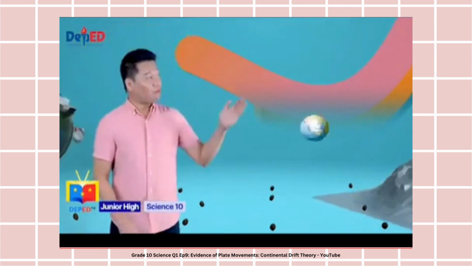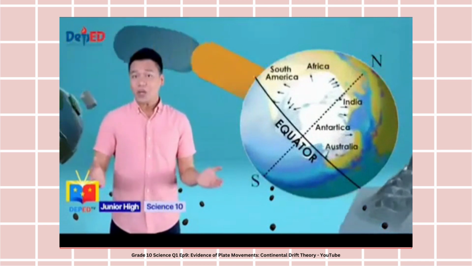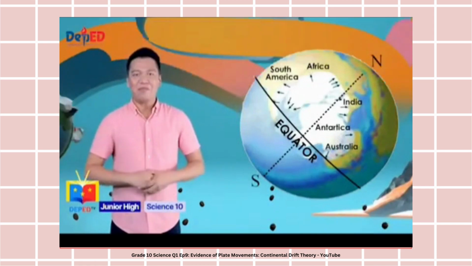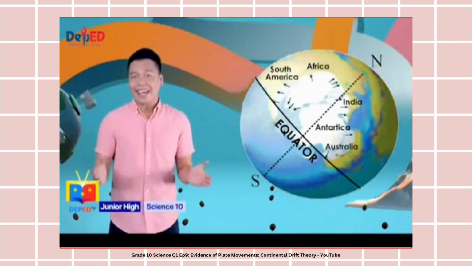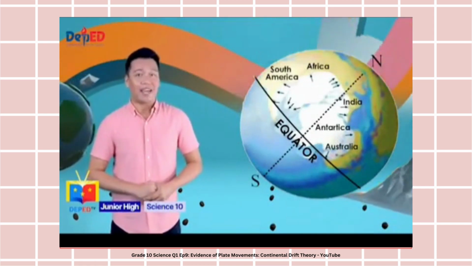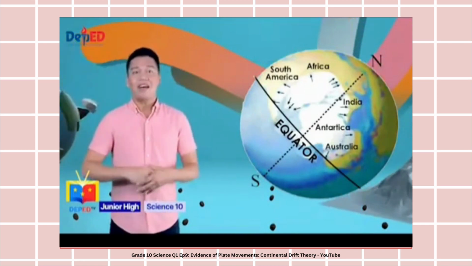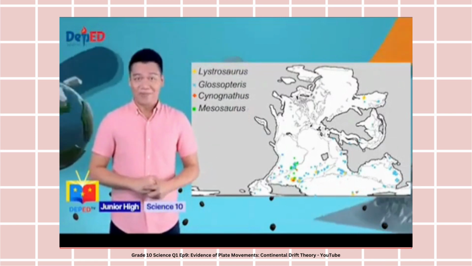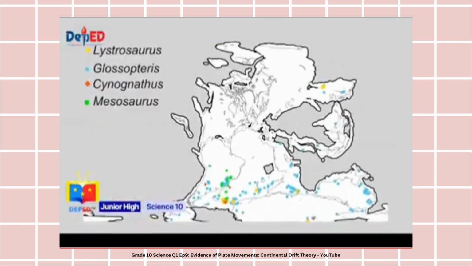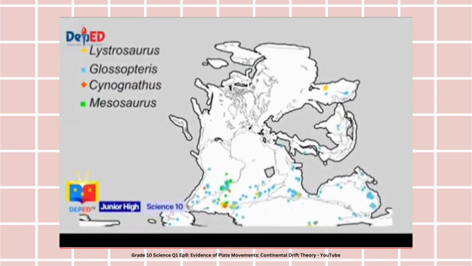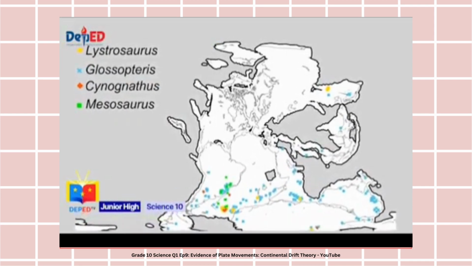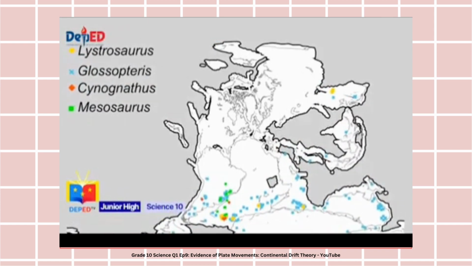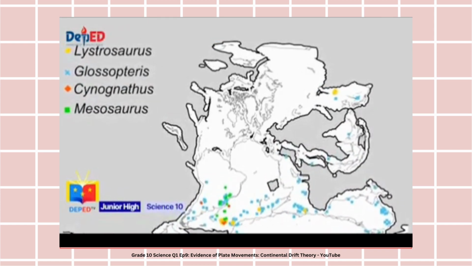Focus your attention to this figure. Can you notice the direction of the movements of the continents? The direction of the movement of the continents is indicated by the arrows during Pangaea time. This time, look at this map. What does it show? It shows how Alfred Wegener mapped out the distribution of the four Permian and Triassic fossil groups and used it as biogeographic evidence for continental drift and land bridging.